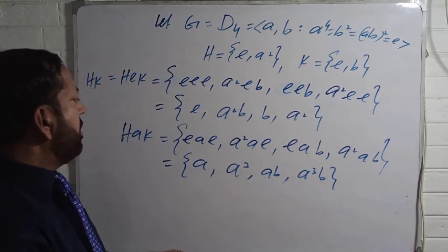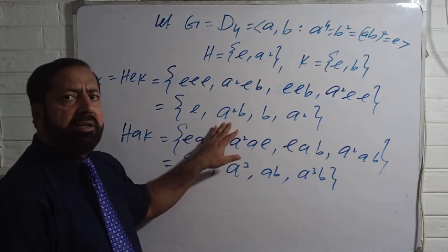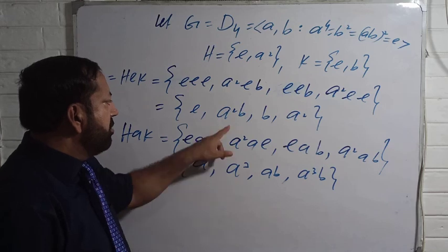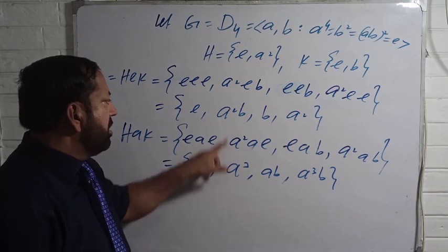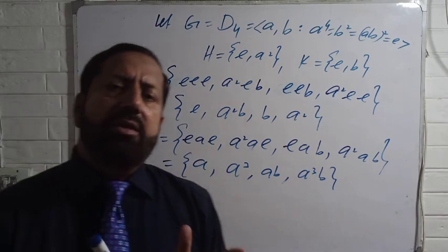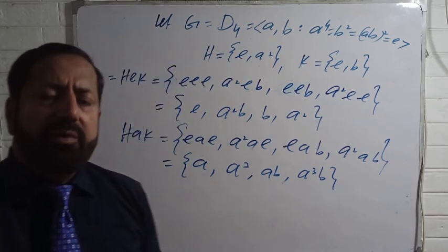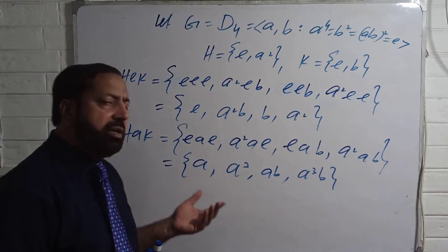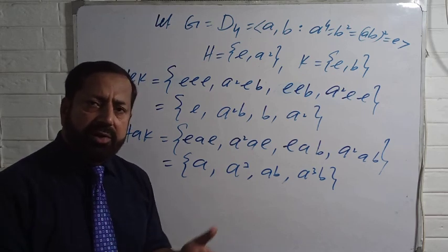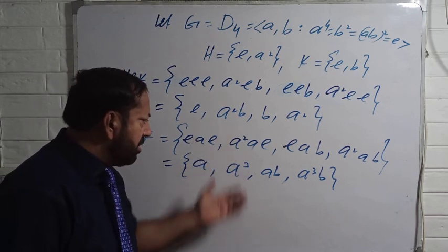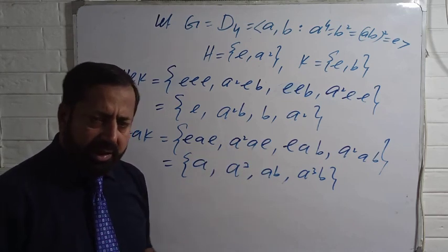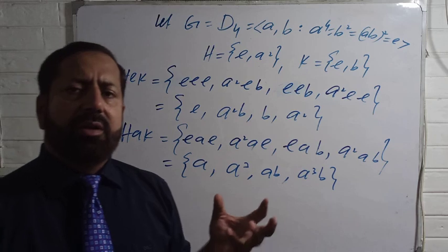So look at these two sets. This was the first set and this was the second set. You have no element common to these two, and also their union is the entire D4. So that's why we are getting an idea that possibly the set of all distinct double cosets is in fact a partition of G as well. You can find all other cosets as well to see all the possible elements in their double cosets.